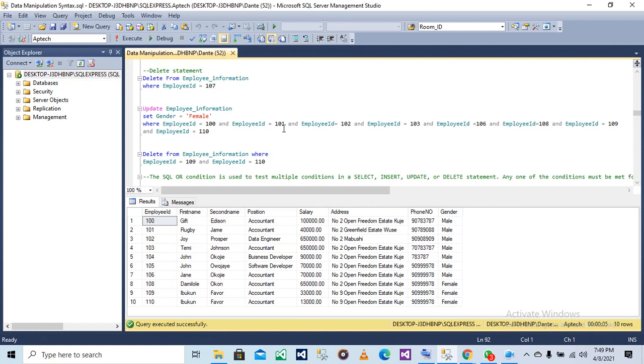So you are going to select all the employee IDs for the females you have on the row. This 100, with the name Git Edison, you know it's female, but it has a male gender attached to it under its gender column. So we are trying to change all the female employees. We are trying to change their gender to female. So if you execute this, you should have